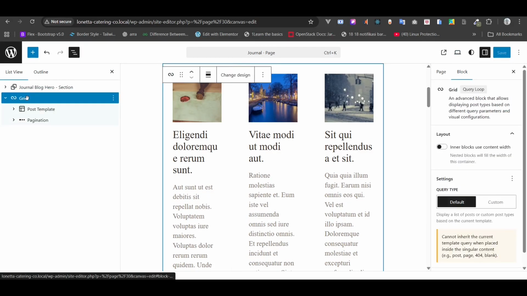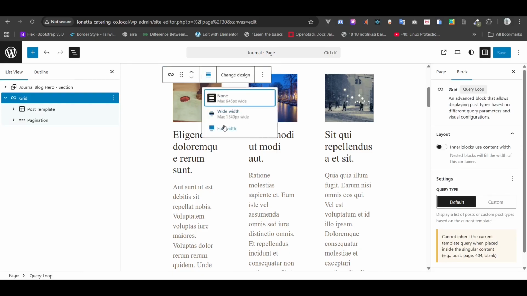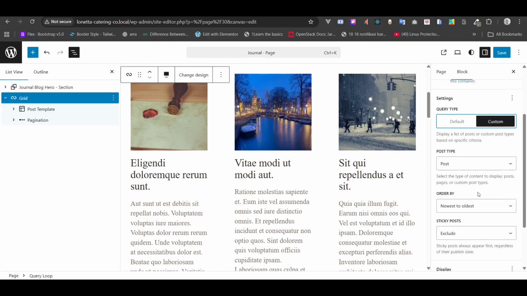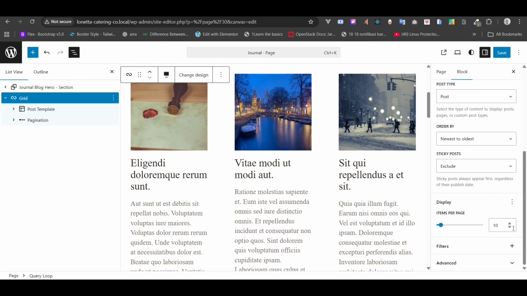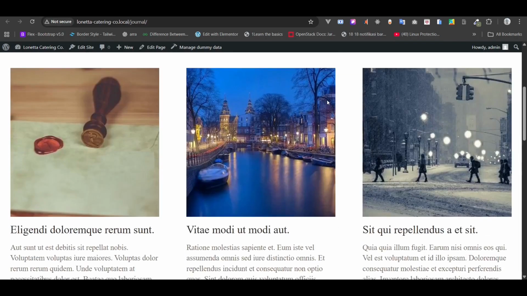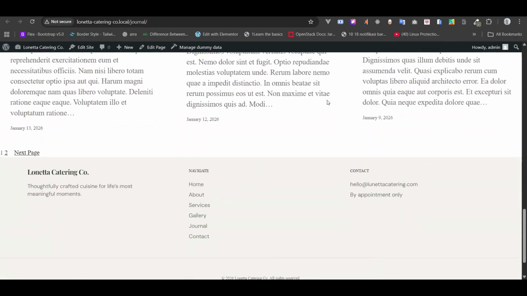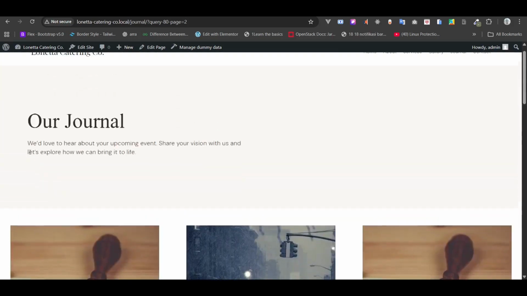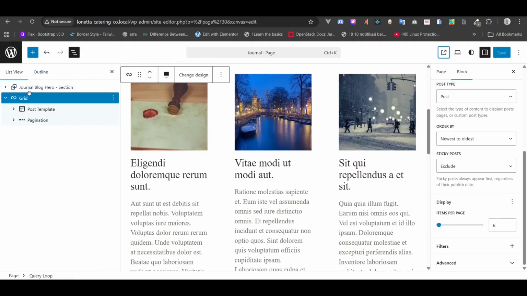Grid to grid full width, and query type, click custom, post type, items per page, I want 6 for now, click save. Let's see. Okay, now we're good. We have our post here with next page button, image on the top, featured image, and then